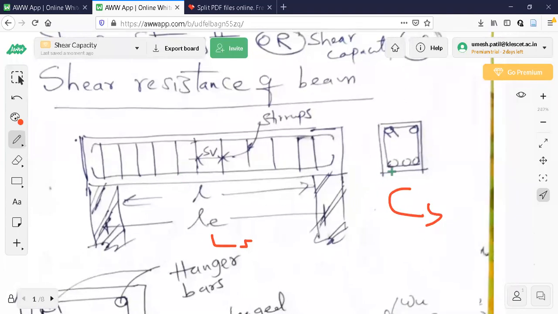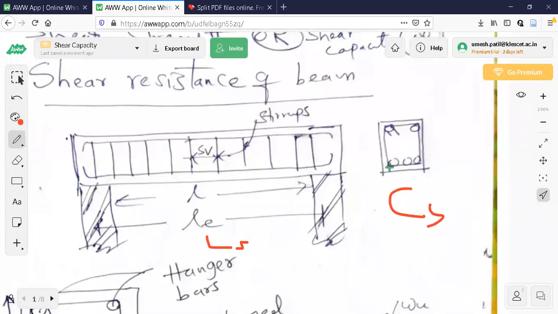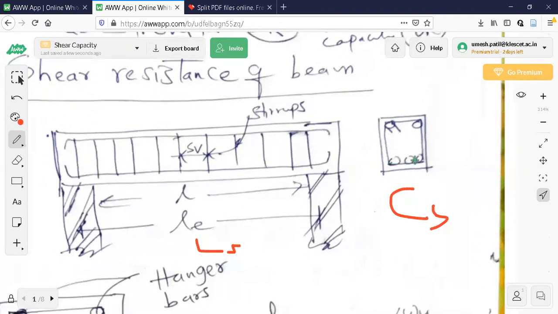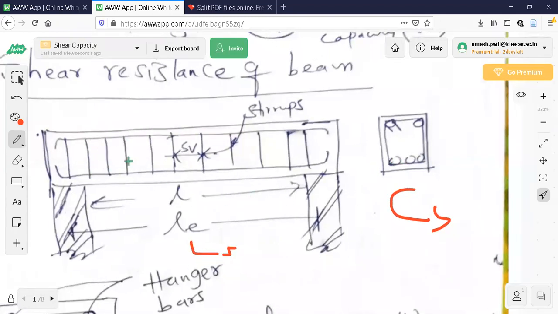In the cross section, these three circles are steel rods which are meant to resist the bending moment. Why have I provided these? To increase the moment carrying capacity. If I provide these steel rods, the moment of resistance increases and the bending strength of the beam increases. So these three rods are taking care of bending moment. Now you see these vertical lines, we call them stirrups.